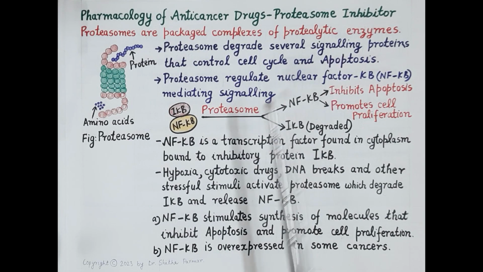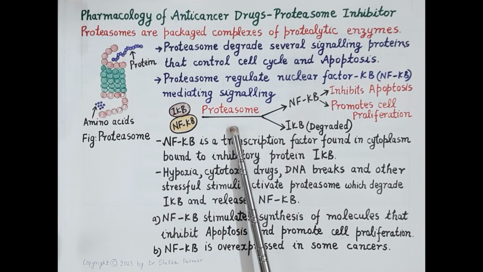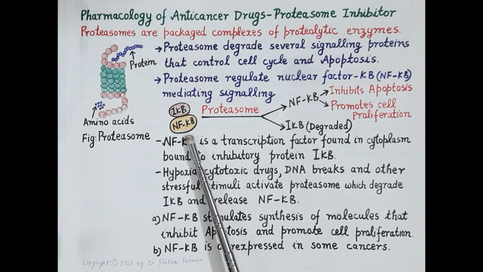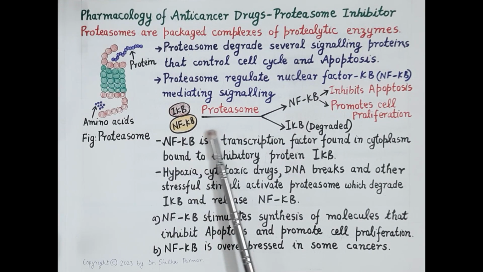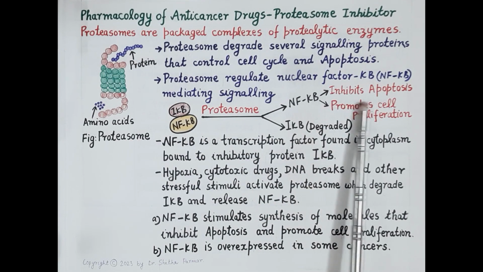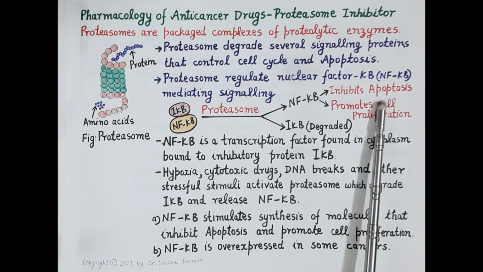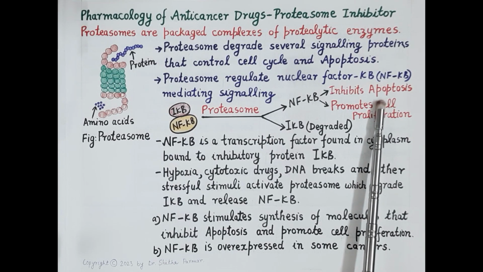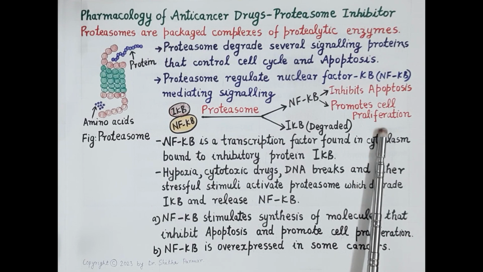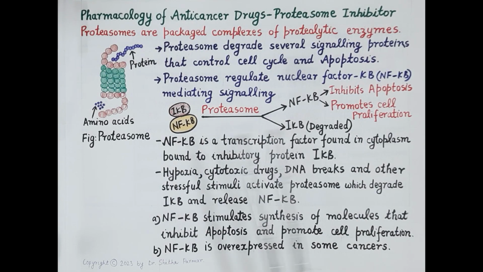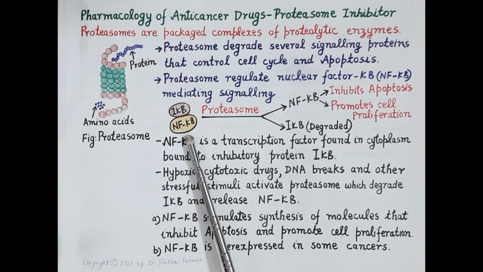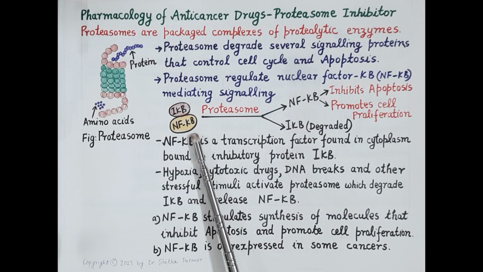Now, in addition to this, proteasomes also regulate nuclear factor kappa B mediated signaling in the cells, which is responsible for inhibition of apoptosis of mutated or abnormal cells, resulting in proliferation of cells causing cancer. Now, this nuclear factor kappa B is a transcription factor. It is found in the cytoplasm, and it remains inactive because it is found attached to an inhibitory protein, that